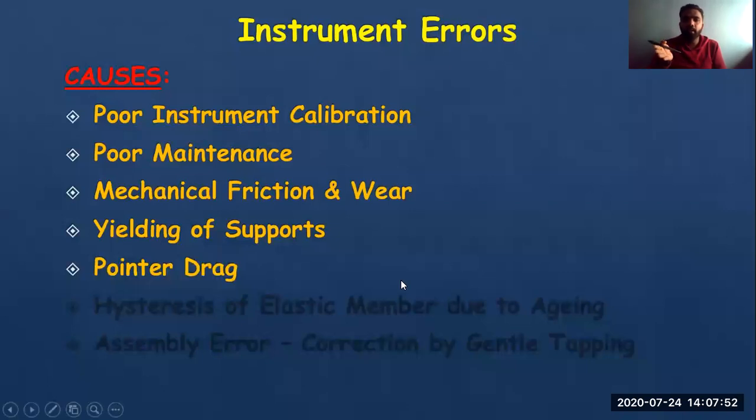You know about pointer drag. The pointer is not at zero position, it is automatically dragging. It might be due to air issue also. There might be some air gap, due to which, suppose there is a huge amount of air flowing near your instrument, and your instrument is not that much secured. Matlab the instrument is open by some means, even by a minute distance. If it is open, the pointer might get dragged due to the air pressure. The pointer is light in condition, the inertia of air, the weight of air is much more than the pointer, so the pointer drags. So it will cause instrument error.